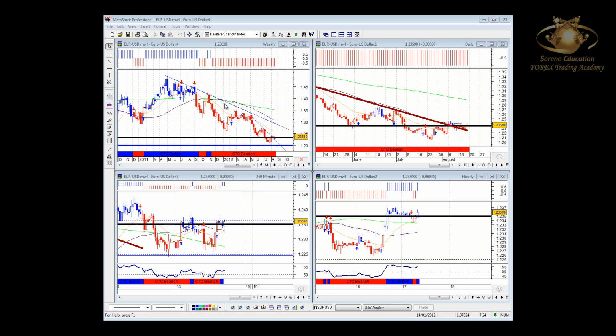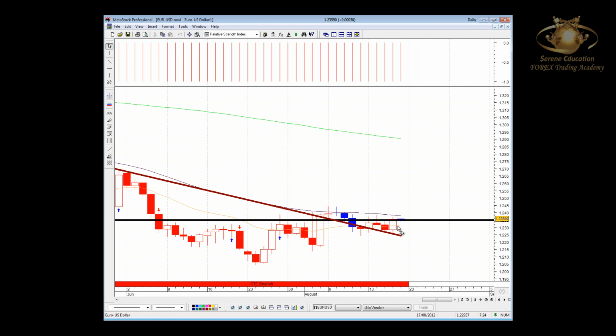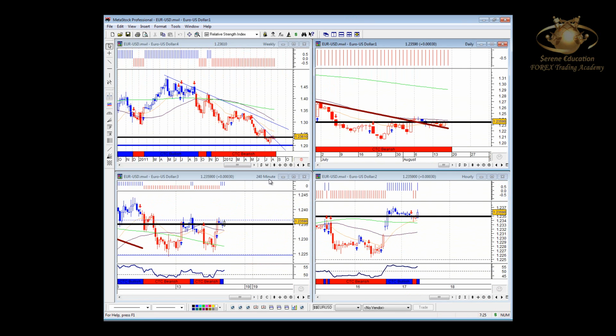A bit of movement yesterday, a lot of movement to the upside for most pairs, including the 4 majors. So let's have a look at the daily on the Euro US dollar. You can see that candle yesterday, very bullish indeed after 2 negative candles at the underside. Price yesterday moved higher on negative figures coming out of the US markets yesterday afternoon, and sure enough, price heading back up towards that